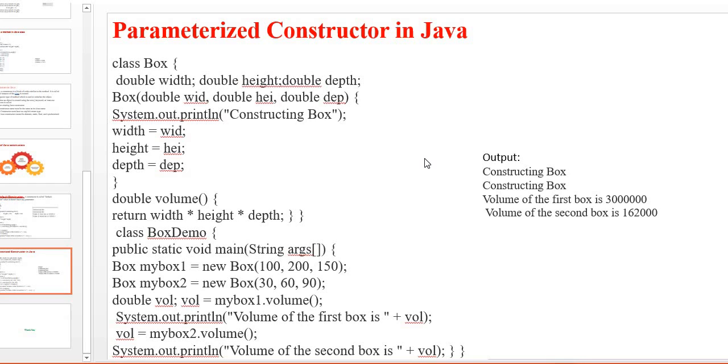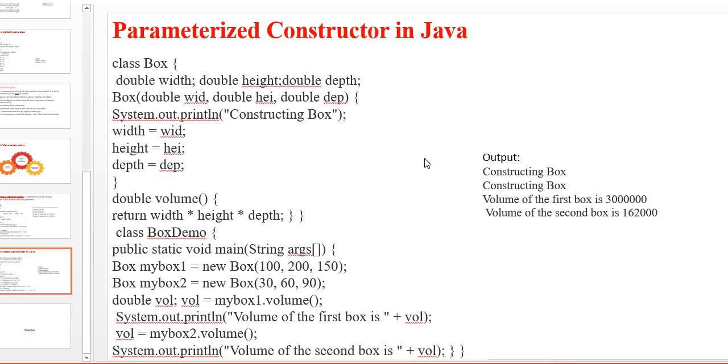Within the constructor I am printing the statement "constructing box", then whatever arguments we pass while creating an object, those argument values are assigned to the instance variables width, height and depth separately. Next, I am creating a volume method to return the multiplication of the three instance variables.